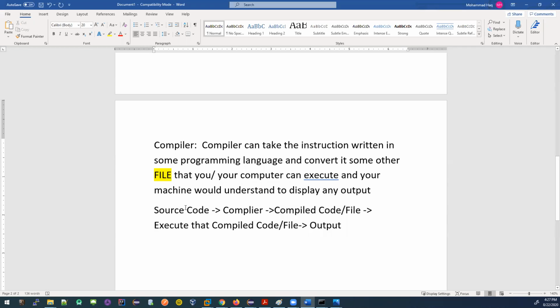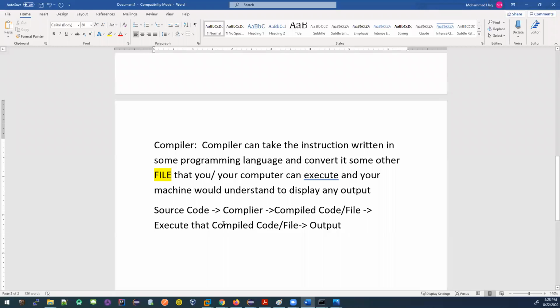You cannot execute source code right away, and you are not going to get an output. That's not going to happen. You need to convert it to something that machine can understand. Again, when you're executing this compiled file, it again gets converted to something like I told you, electronic pulse, right? This is the very low-level thing that you don't have to worry about. Your operating system or the compiler will take care of it.